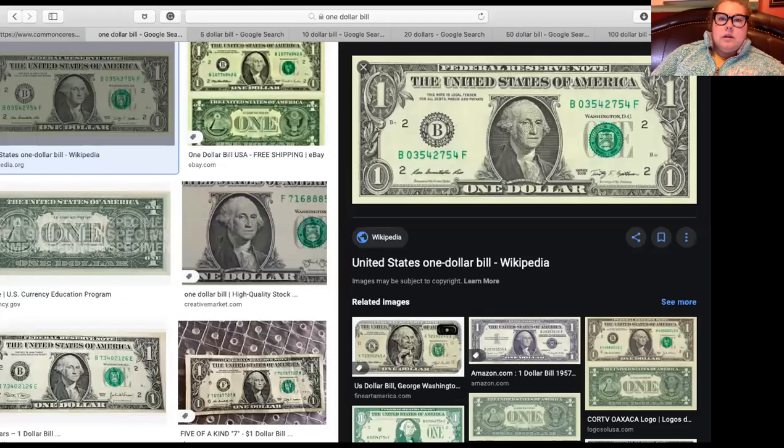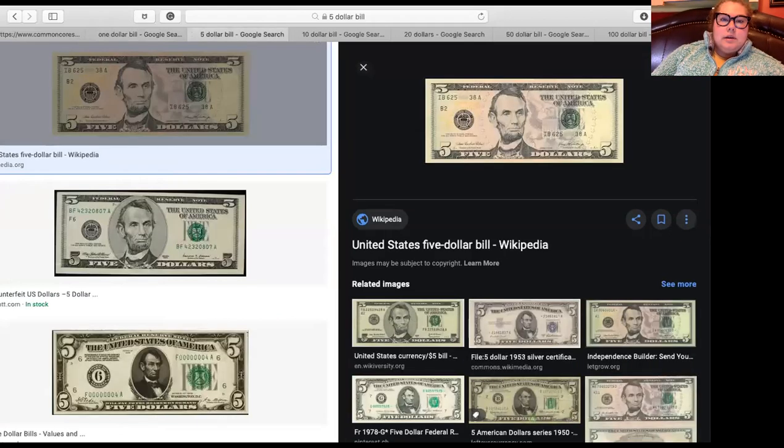The next one is a $5 bill. Right here is the $5 bill. It has Abraham Lincoln on it. And as you know, we have discussed Abraham Lincoln. All right, so this is a $5 bill. I'm going to show you how to write that. So you would need 5 $1 bills to make a $5 bill. Okay, next